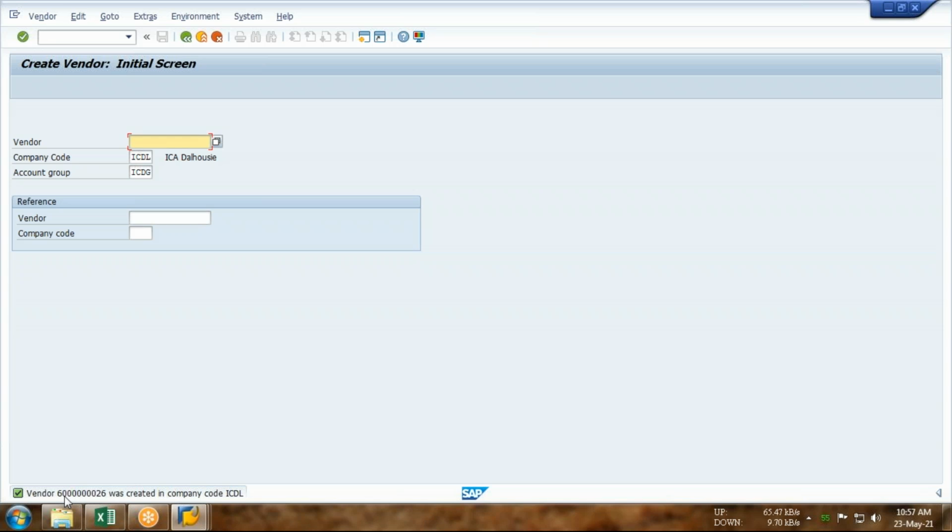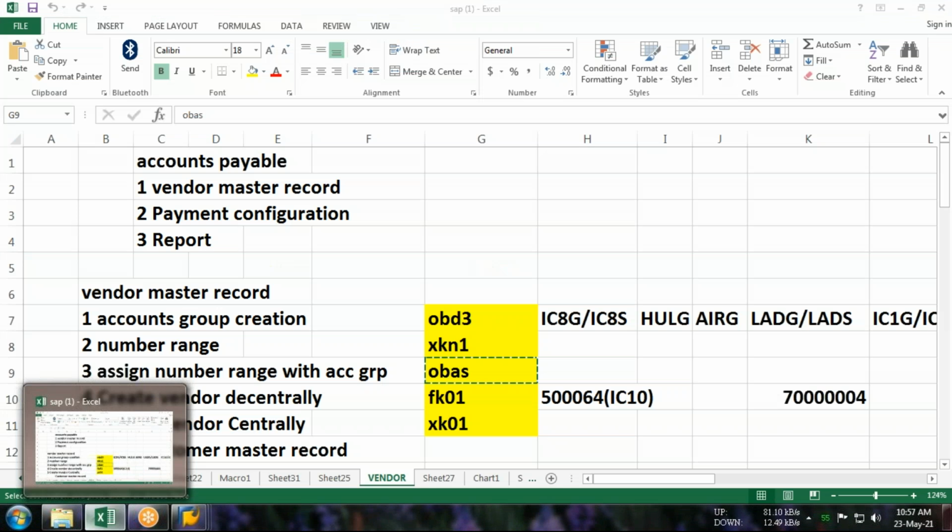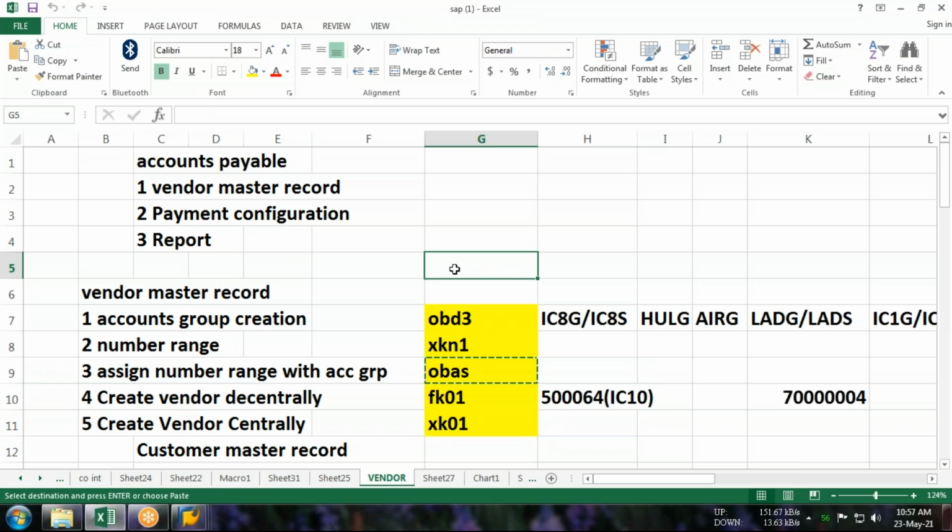So here you can see this is my vendor number, 6 followed by seven zeros, and then 2, 6. I have created the vendor.